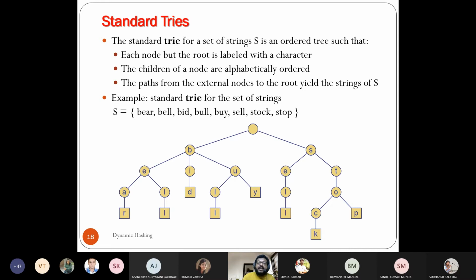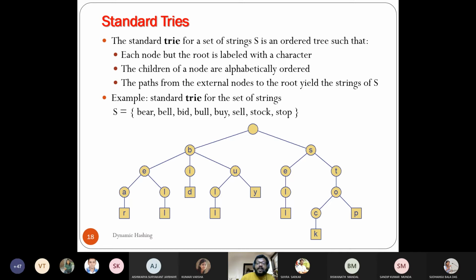So, a standard trie for a set of strings: the words given are beer and bell. How does the creation take place? When you start creating, the first word starts with B. So you write the alphabet B, then you look at the second letter and find E, so you create one more node E. Third, you find R and then S. So the complete left map is what you created first.